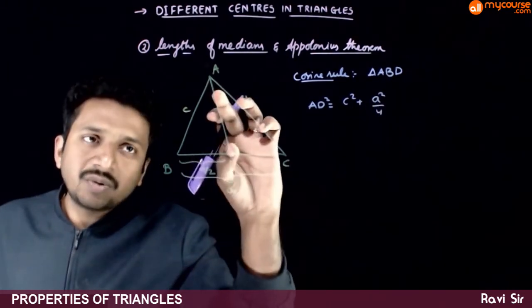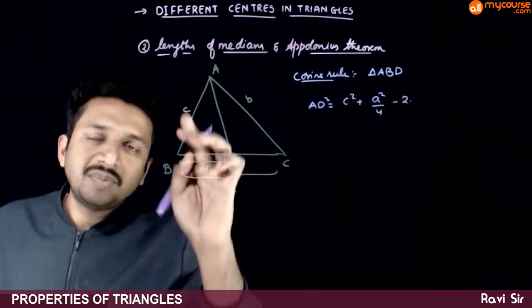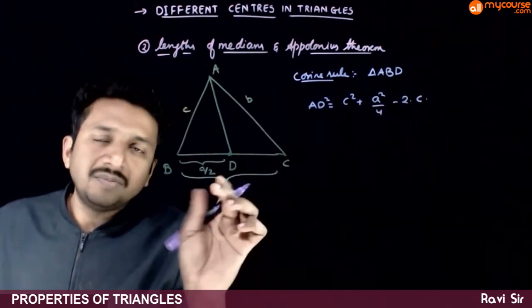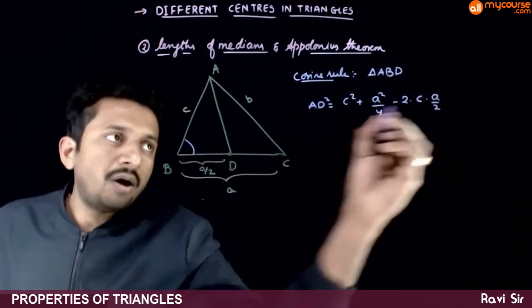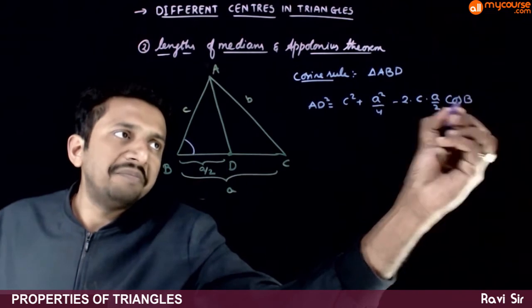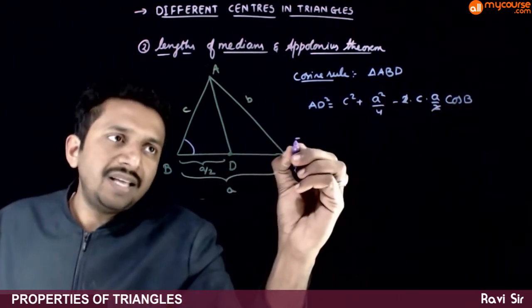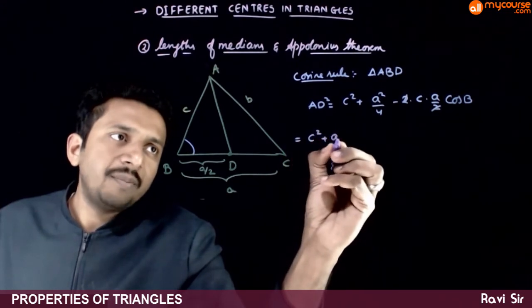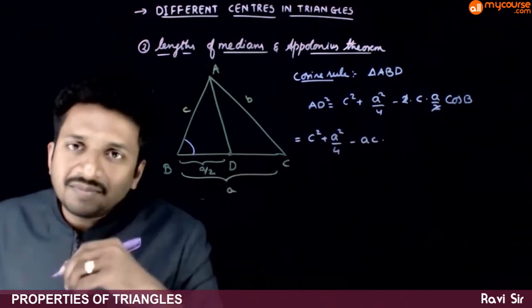Right? AD square is equal to this square plus this square minus 2 times c times a by 2 times cos of angle B. This 2 and this 2 get cancelled. That is equal to c square plus a square by 4 minus ac times